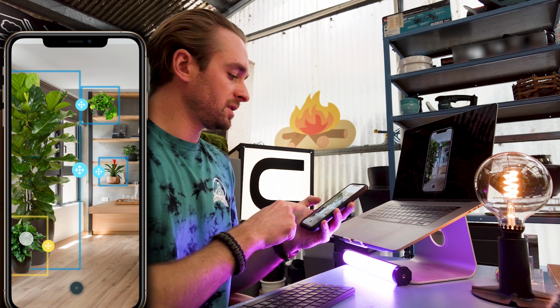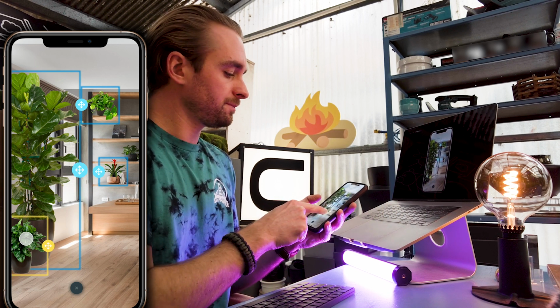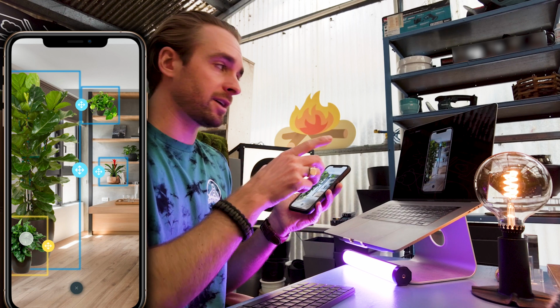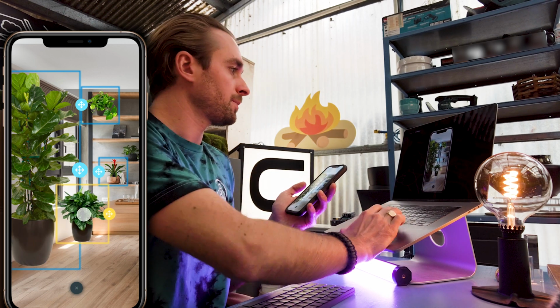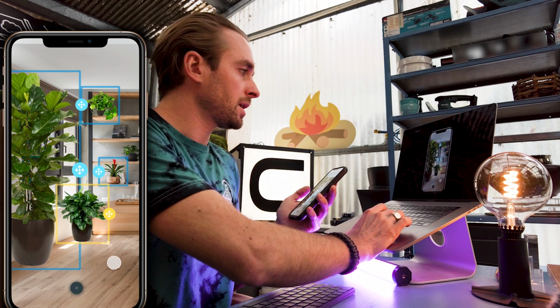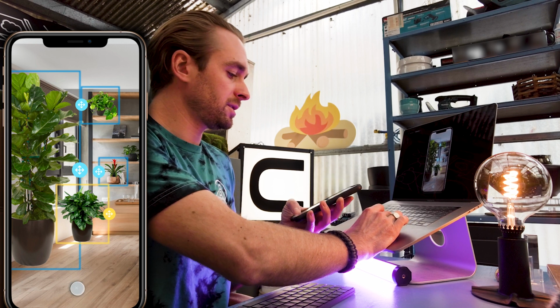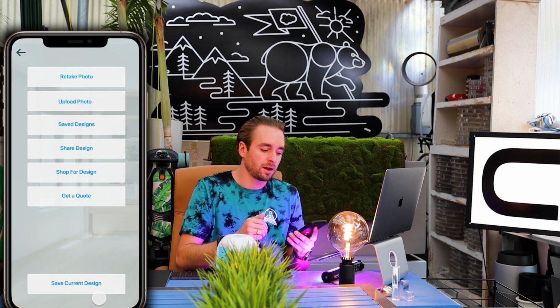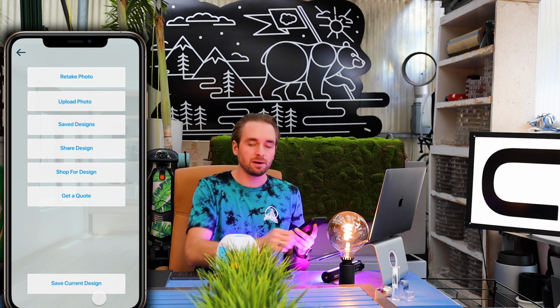And then maybe we want to move one over to a different spot. Let's move the Chinese evergreen over. It's just a drag and drop. Drag and drop. And I think I like that. We're good. So we'll save it. And then if you're totally happy with this, you can save it into your personal saved designs area, or you